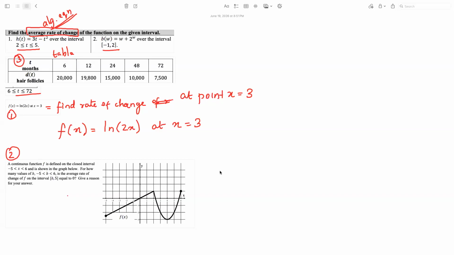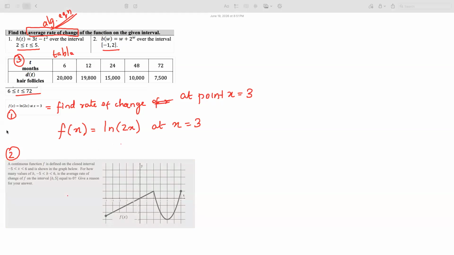I'm going to do it on the board. Okay. The two answers I got both don't match at all. So here, I'm going to do it like this. I'm not able to find where the mistake is yet. Okay, so at 3, I'll take 3 and 3.001, or I'll take 3 and 2.999. Both I'll do. So here, this is ln 2 times 3.001 minus ln,